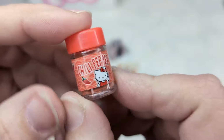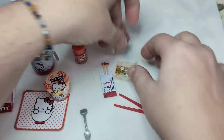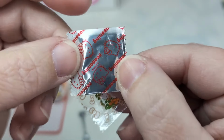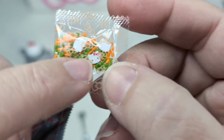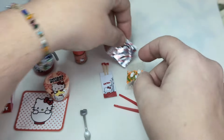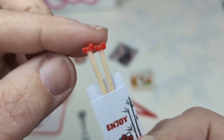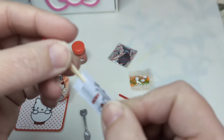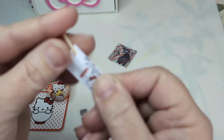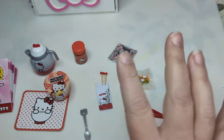Chili pepper to put into our noodles to make them nice and spicy. And then we have our seasoning packet, which is just so brilliant. And our little veggie packet with the teeny tiny little Hello Kitties in them, and these adorable little chopsticks with the bows on the ends. So cute. And then of course our red tweezers, so cute. So I am going to try to make a frozen moment with this time,